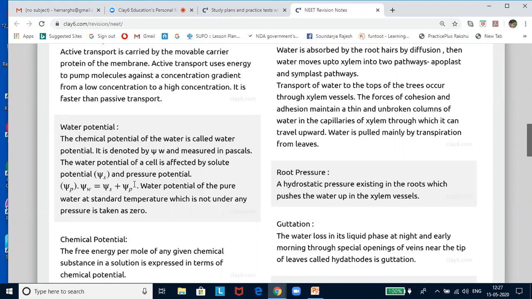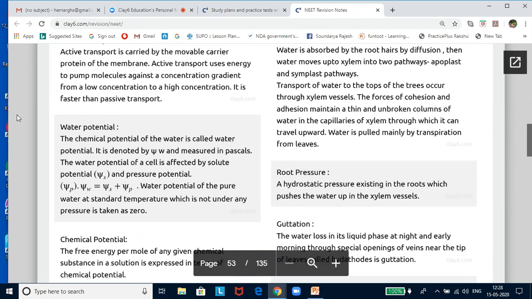Water moves from a higher water potential, that is lower DPD, to a lower water potential, that is higher DPD. As water potential is measured as a negative value, water moves from less negative water potential to more negative water potential. Water potential is the sum of the osmotic potential and the pressure potential. If you had to calculate, water potential will be equal to osmotic potential, also called solute potential, plus pressure potential.